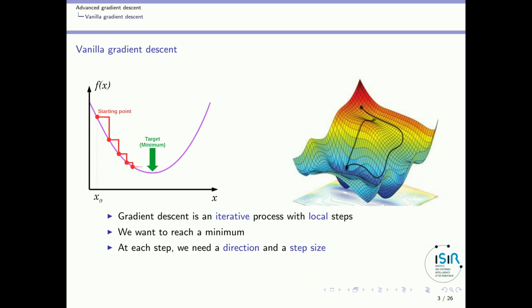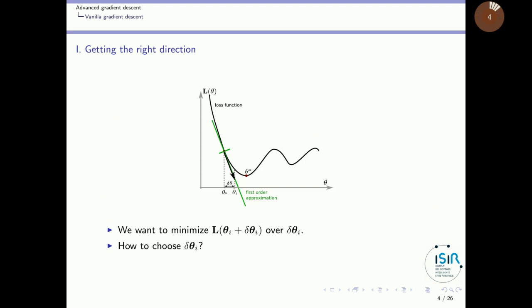Okay, and for performing each step we need two things. We need the direction, shall we go there or there, and we need a step size. Shall we make a big step or a small step? And I will treat the two questions, looking for a direction and a step size, in the following slides. So first, how do we get the right direction? The general idea is that if you know that the function is going this way, certainly the right direction is toward this way to go to this minimum. And I will explain to you why the first order approximation, so the first order derivative of the function at that particular point, gives us the best direction.